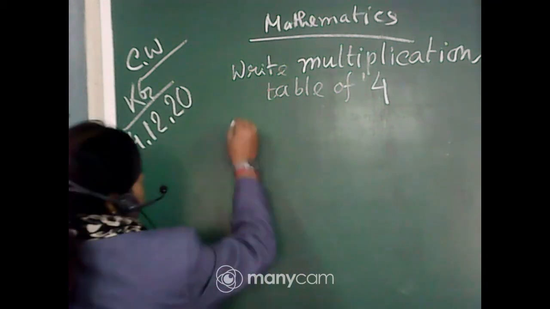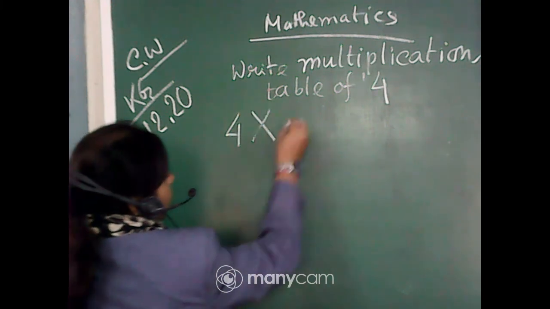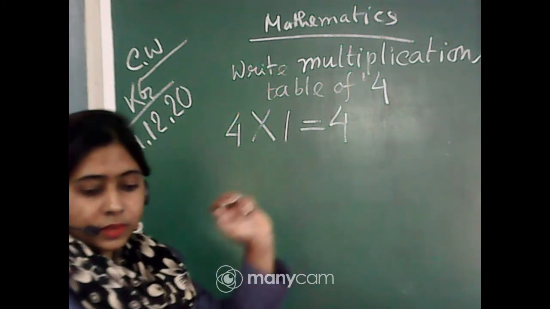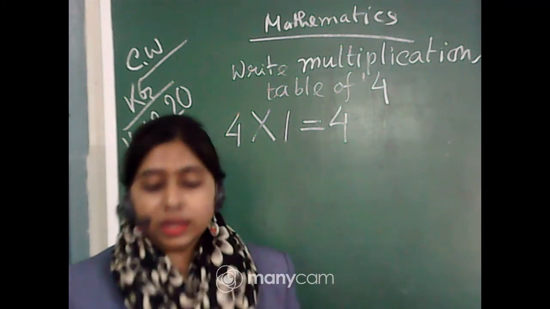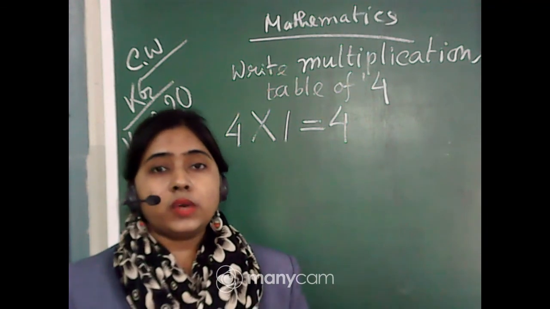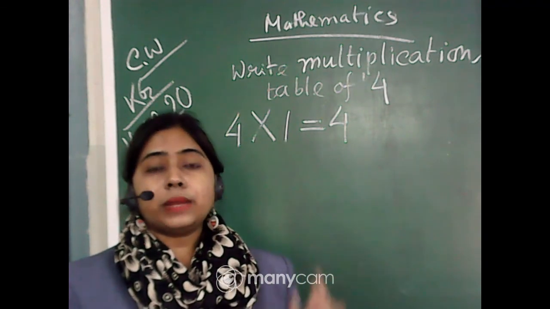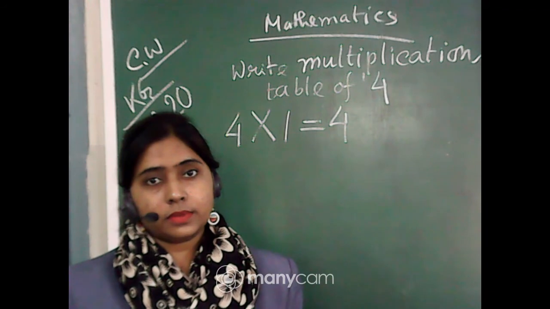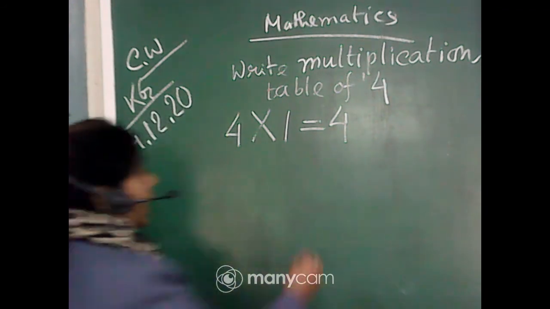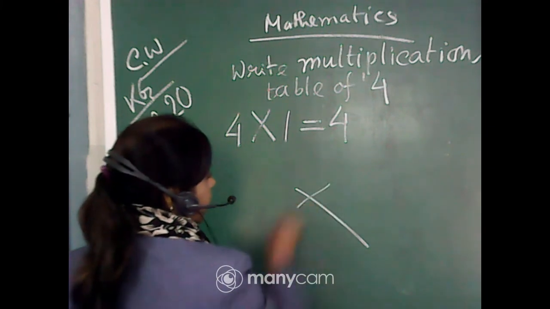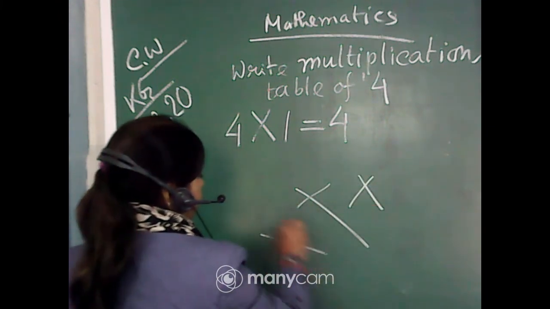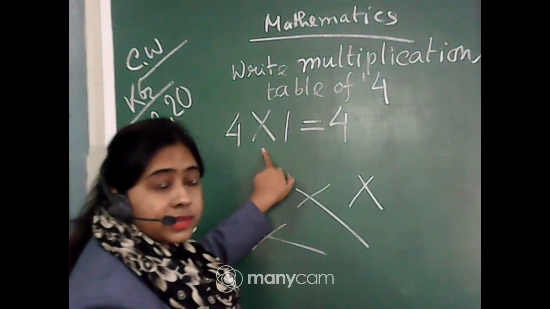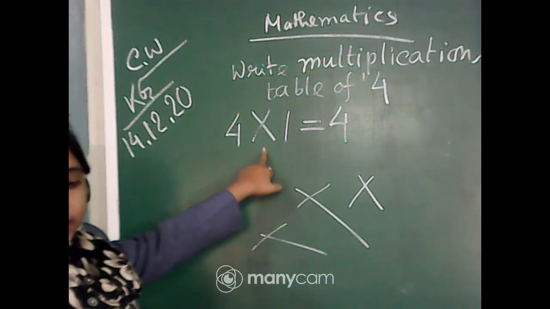So now we have started. 4 multiplied by 1 is equal to 4. So 4 ones are 4. এইটা কেন আমি বললাম? Because when you are writing the multiplication table, you should give the multiplication sign correctly. Most of you write like this. Sometimes you are writing like this, like this, like this. No, you should always give the multiplication sign properly. Okay,